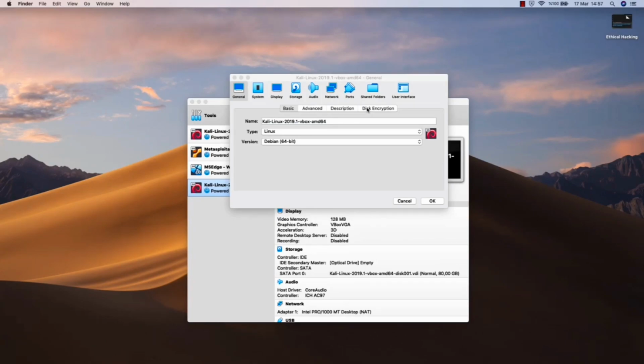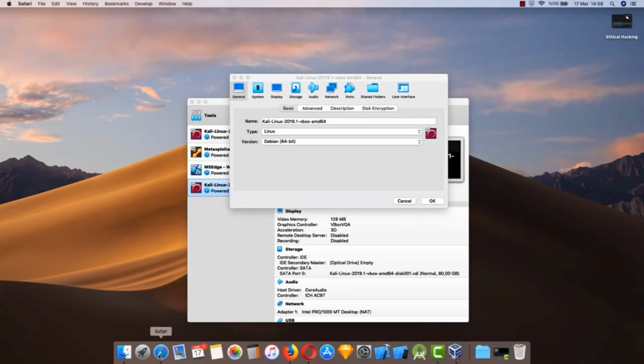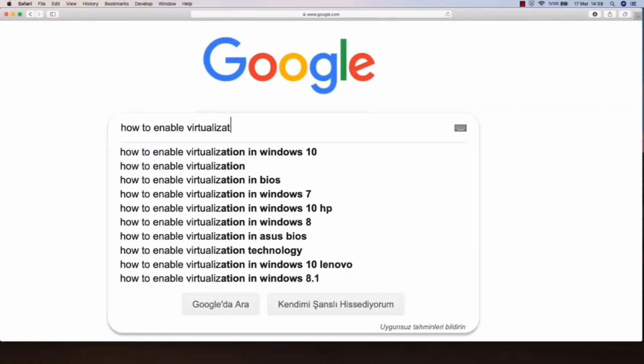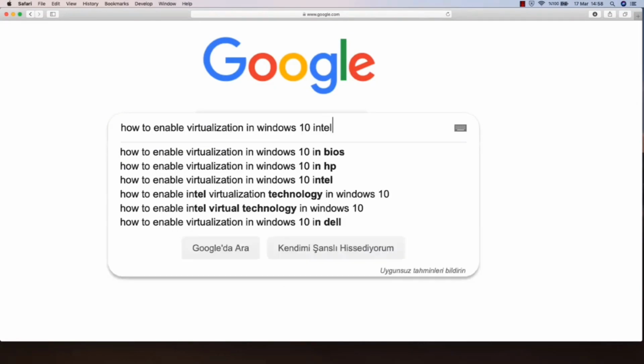There is something called virtualization technology, and it enables us to run these virtual machines. Sometimes it comes turned off on your system. And it isn't clear for everyone how to turn it on, because every operating system and every processor has different instructions. The best way is to just get your operating system and processor name. Suppose that you're on an Intel i7 machine. Then you have to go to Google and say how to enable virtualization in Windows 10 Intel i7,